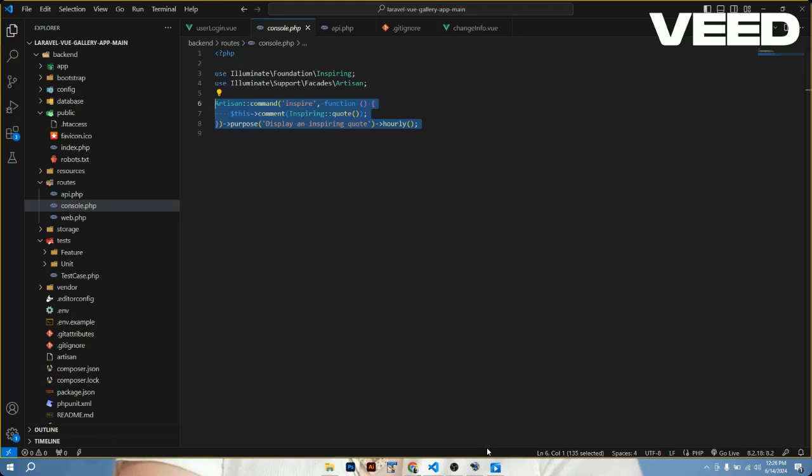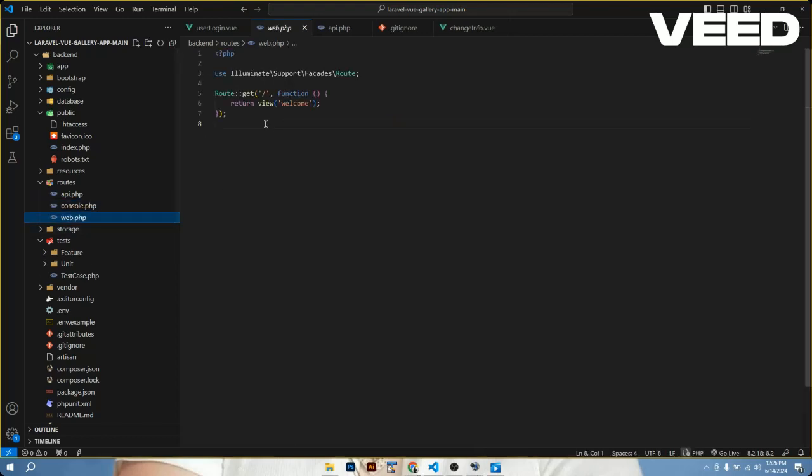So second is web. This line is a statement that imports the Route facade, which provides the fluent interface for defining routes in a Laravel application. So second line,